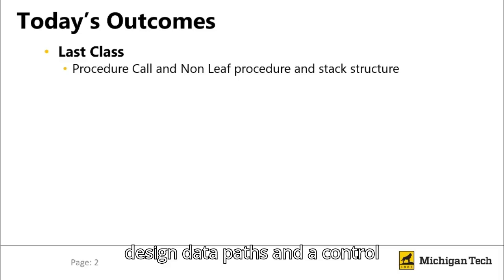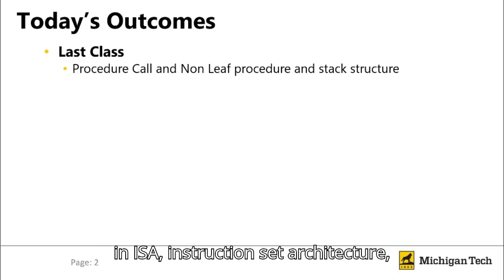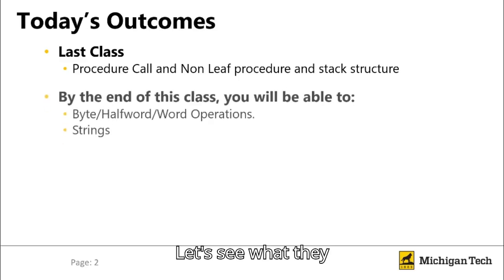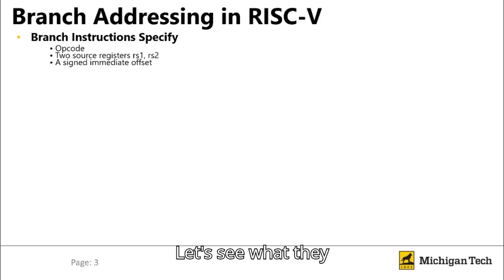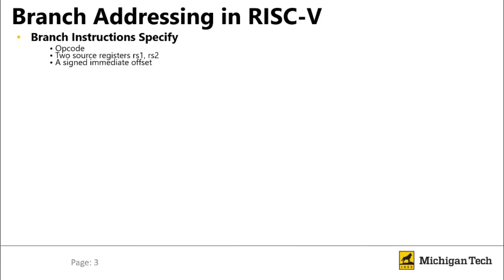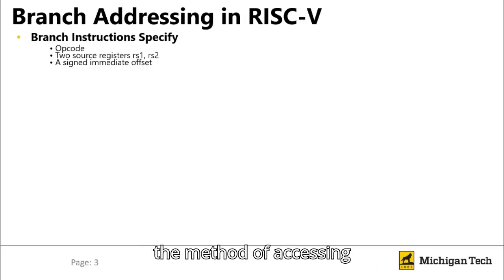paths and a control unit, we still have some remaining part in ISA, instruction set architecture, that is addressing modes and also characters and strings in RISC-V. Let's see what they are about. First thing that we need to talk about is addressing. What is addressing? Addressing is the method of accessing